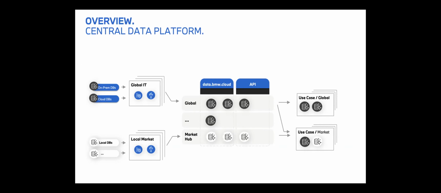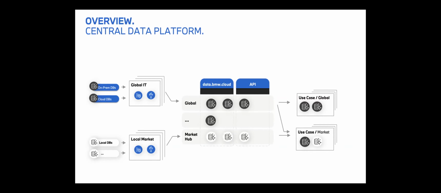And we have those layers here that we see, where you now see global and market hubs. And these are the different hubs, as we call them. So different data spaces for different markets throughout the world. So there's the global hub, which is run by the BMW headquarters, but there are 20 plus hubs all over the world, where, for example, our dealership organization or our market units can bring their own data in and do